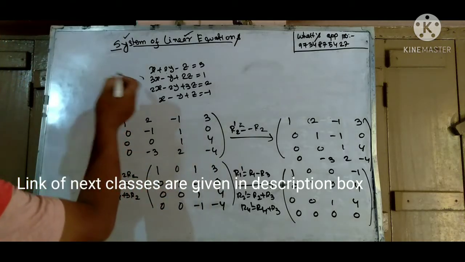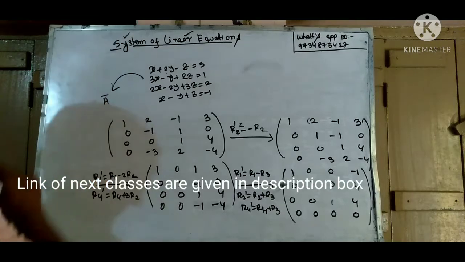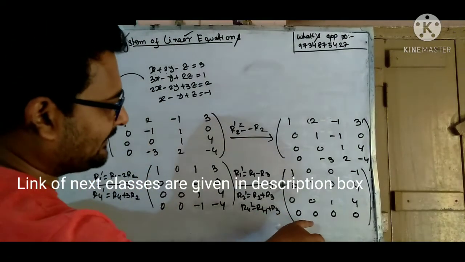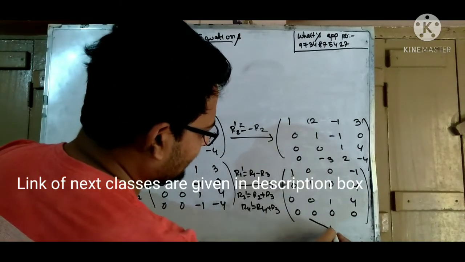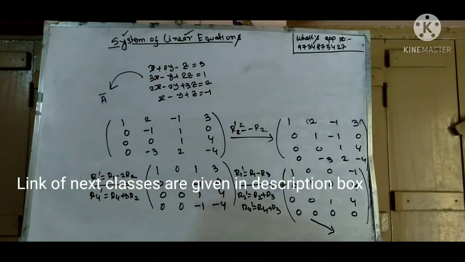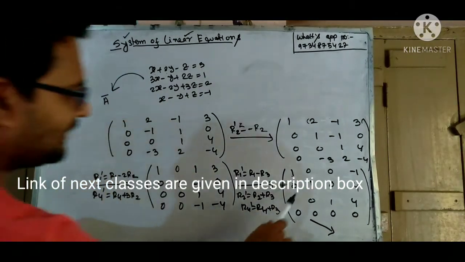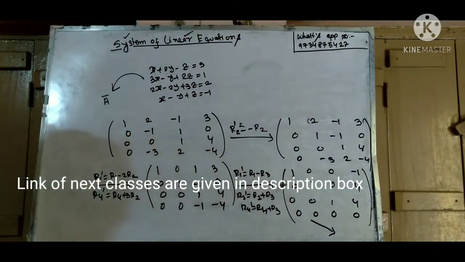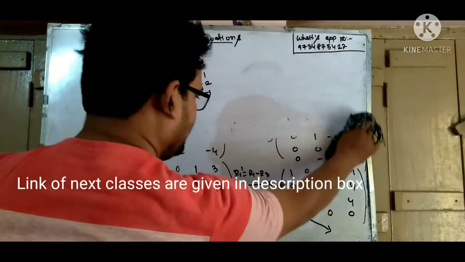Now we have previously obtained the augmented matrix from the system of linear equations. Now we will apply the reverse procedure. That means from the matrix we will write the system of linear equations. Reverse method. From the system of linear equations we have the matrix. Now from the matrix we will write the system of linear equations. So what will be the new system of linear equations? The new system of linear equations will be